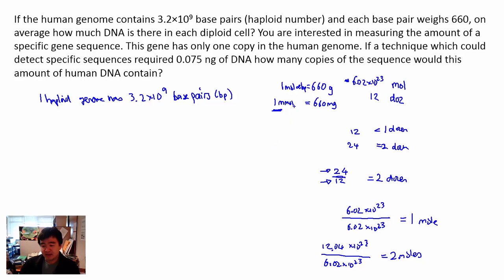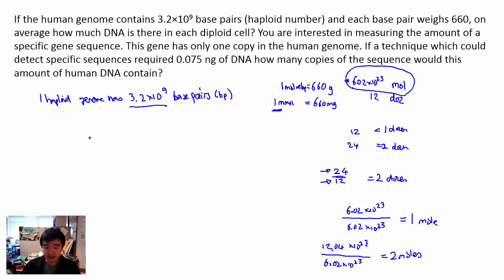Now, when we use it as a counter, we can express 3.2 times 10 to the 9 base pairs in terms of how many moles there are. Okay. So if in 1 mole there's 6.02 times 10 to the 23 of something, and this number here is just 3 billion, which is much smaller than over here, which is 6.02 sextillion, then obviously the number of moles of base pairs in a haploid genome is going to be much less than